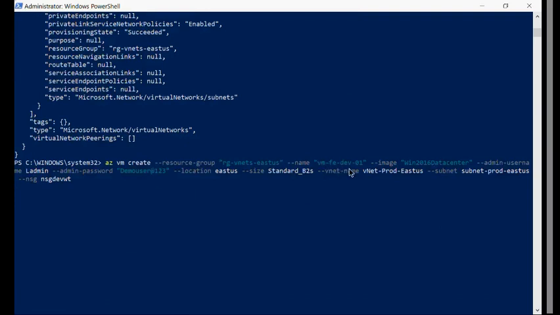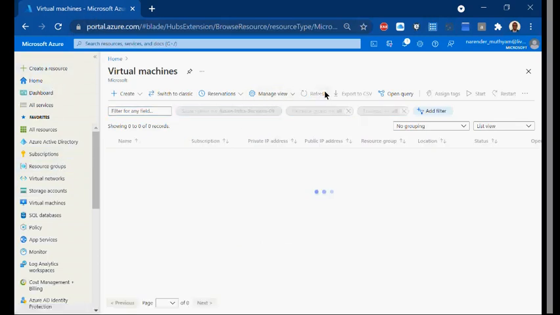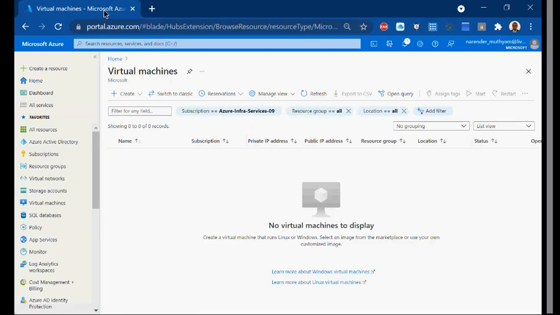If you notice, did I add any extension here, VM extension here? Only the VM name is there, right? It doesn't have the domain name, right? So the moment this VM gets created, what happens is automatically there will be a new record here. For example, the VM is getting created here, right? It will show up here shortly.